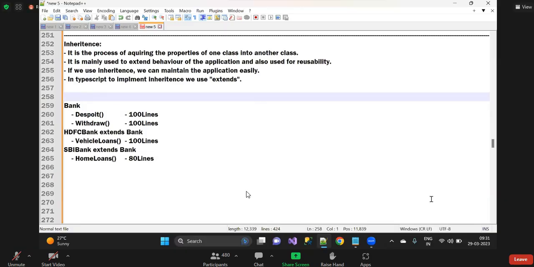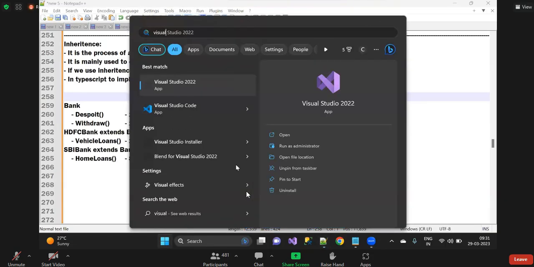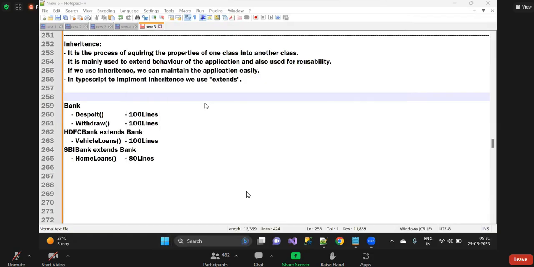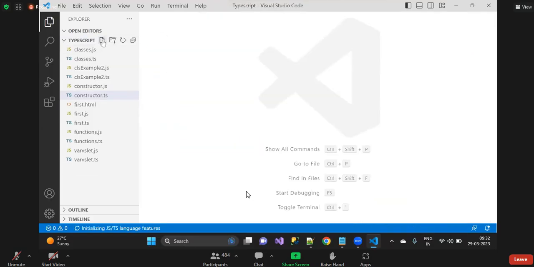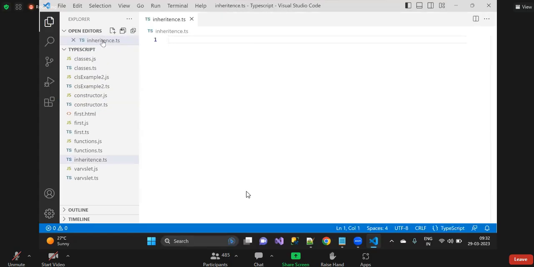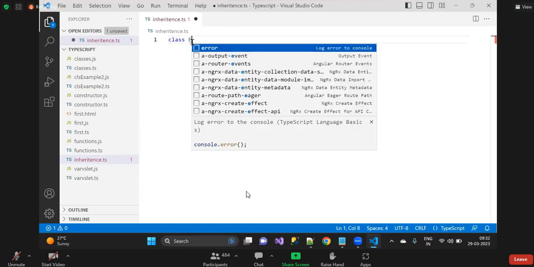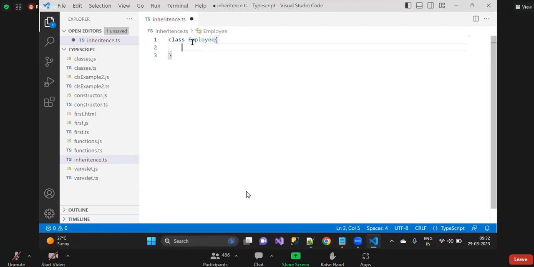Now, how can we make use of it? Let me show you with an example. And before that, I'll open my Visual Studio Code. Now see, I'm closing this one. And then let us create a new TS file, and I'm naming it inheritance.ts. Maybe I can go with a class, and the class name is going to be Employee. And my Employee class is having